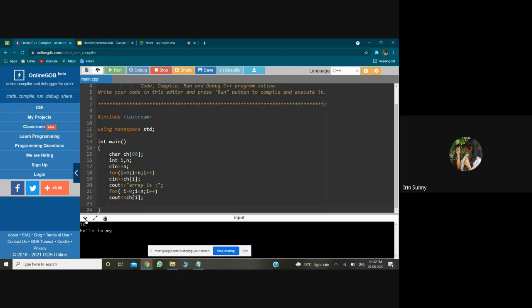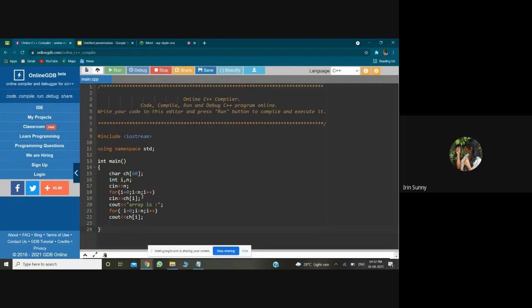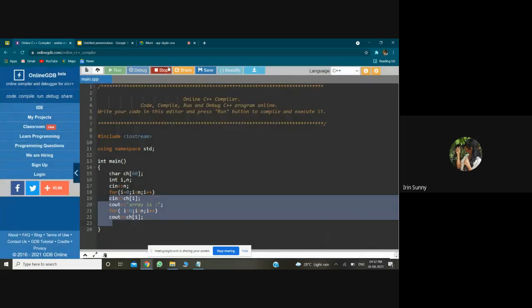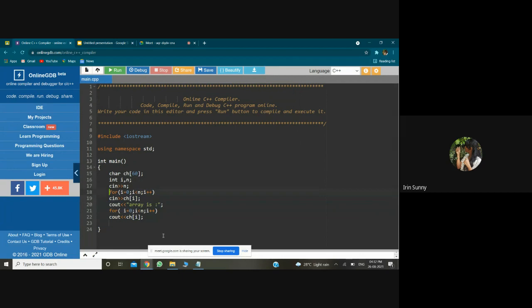The main thing is that if we write values for hello, only the word hello will get printed because the size is just small. But if I write using gets and puts, we can actually enter a whole statement. So instead of using cin, another way of writing the program is using gets and puts. So we can actually write the whole thing, instead of using a for loop to enter the value.